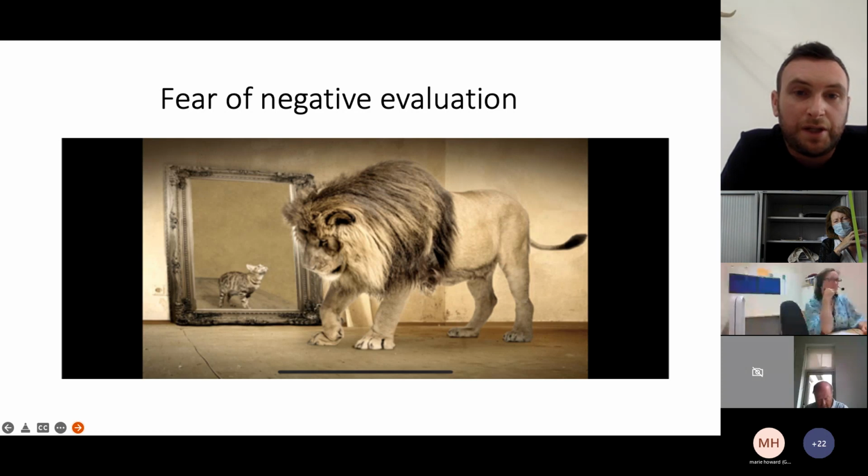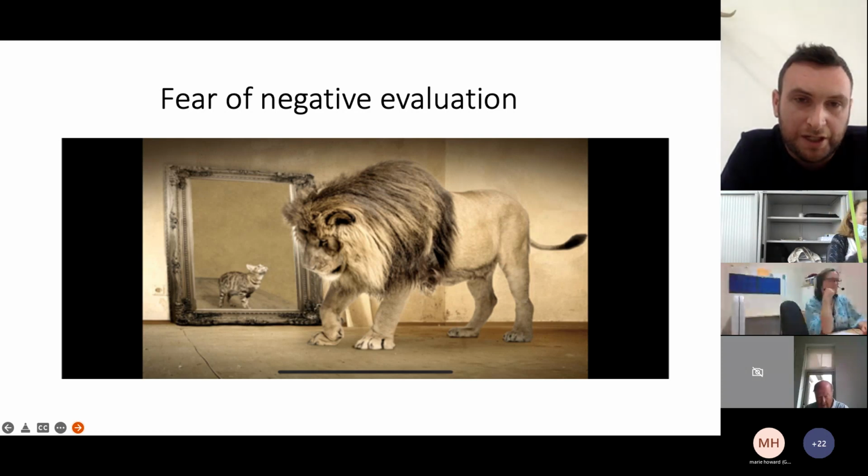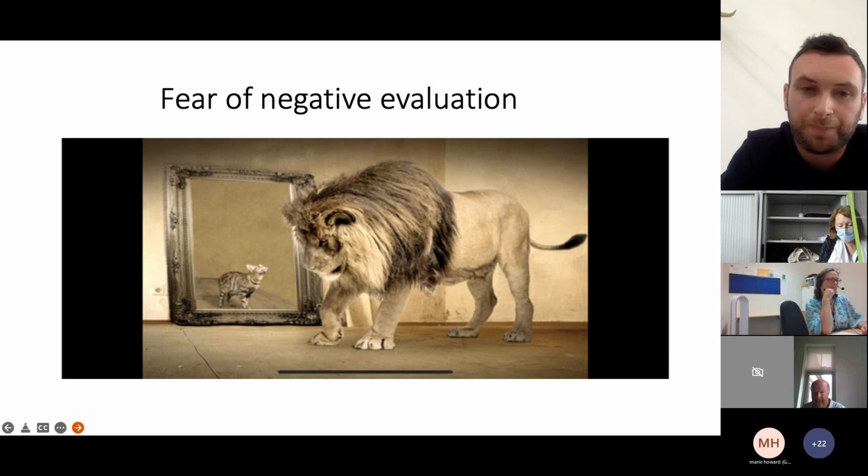I'm going to use lots of pictures throughout this presentation, just to help learning and help to reinforce a point. You can see here you have a big tiger and a little cub. And often people who present think that other people see them in a very different light than the way that they are.